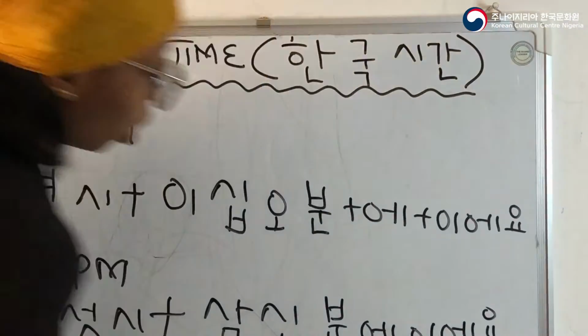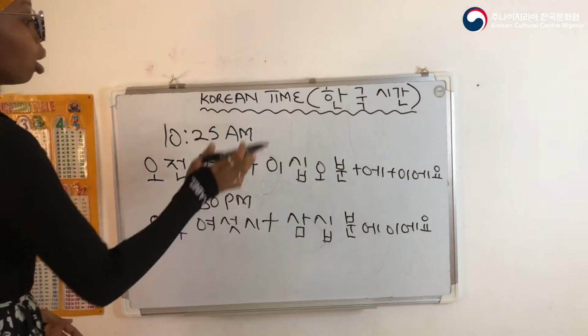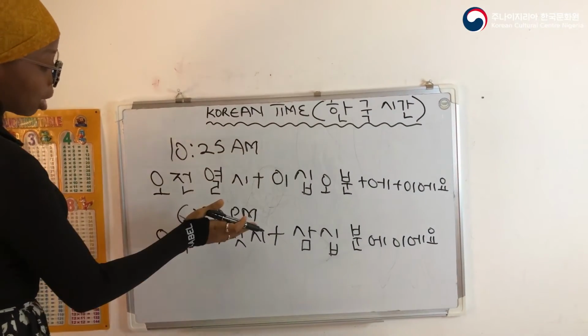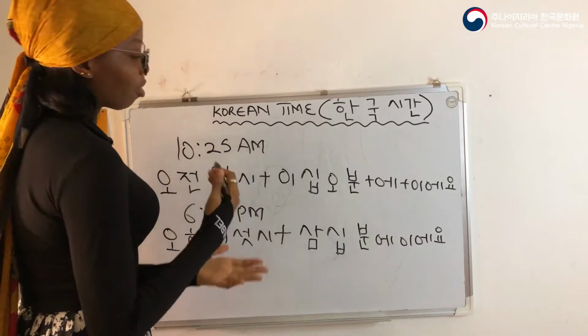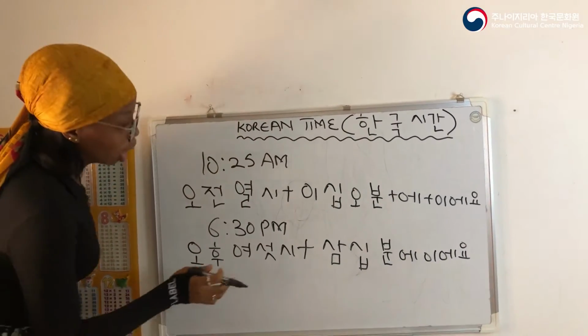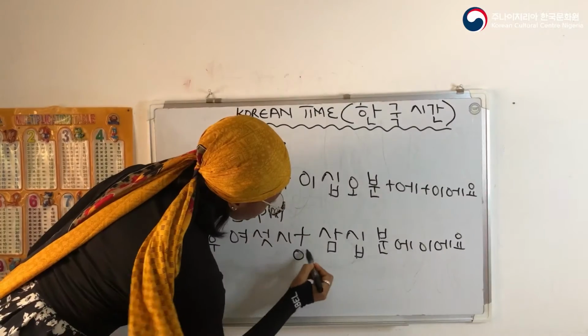And just like we said earlier, bon, if the minute is half past, sorry, you can make use of bon, which is also the counting unit for half past. That's if the minute is half past. So if you don't want to write it this way, you can say